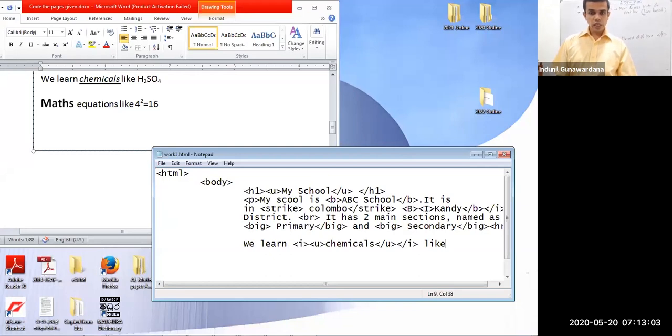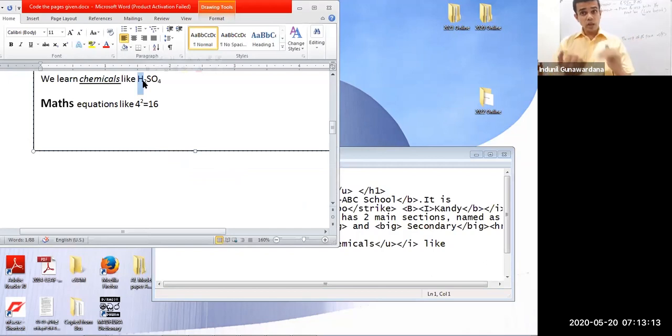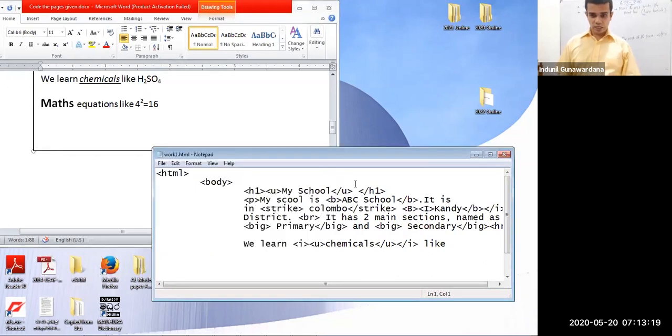right? Then there's a formula. Now, how can I insert that formula? Here you see that the letter H, capital H, is ordinary text, but 2 is a subscript that is hanging. I erase it, okay? Then in my coding, I may go to the next line, that's clear. Then H comes as it is, but 2 should be a subscript. Then what should I do? Sub.